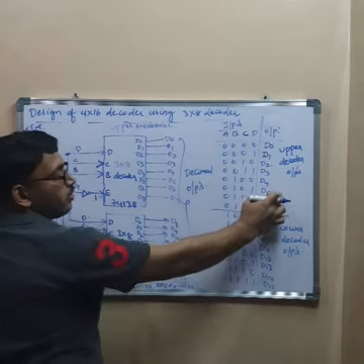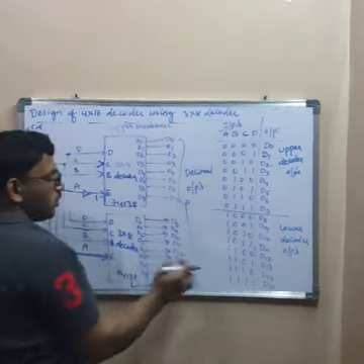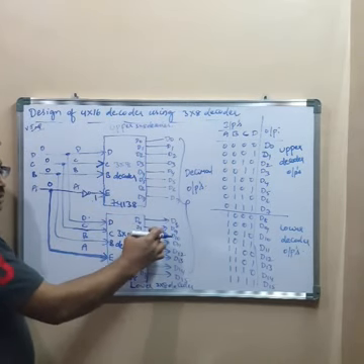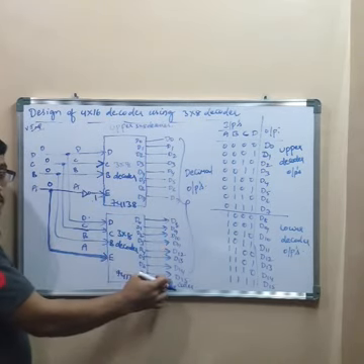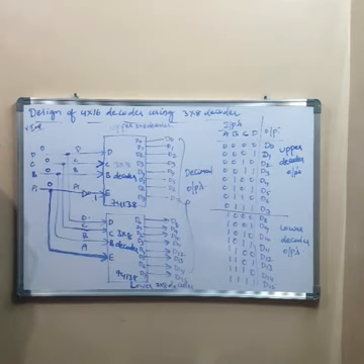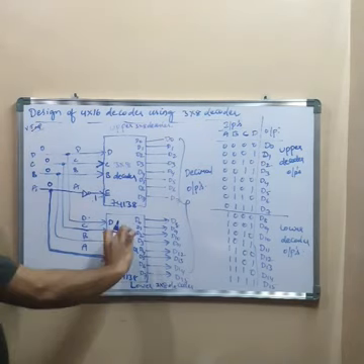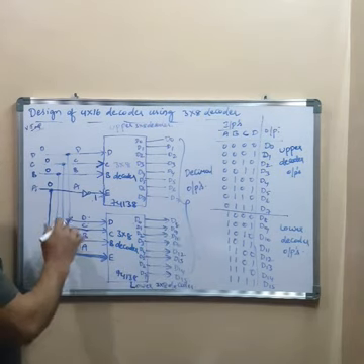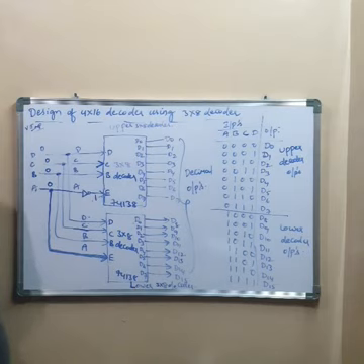This is upper decoder outputs, lower decoder outputs. So in lower decoder, D0 is designated as D8, D1 is designated as D9, D7 is designated as D15, right? In order to achieve 16 outputs, we have to designate the lower decoder outputs as D8 to D15. Now let us look here.